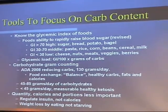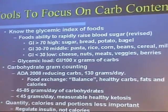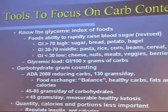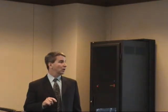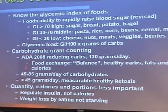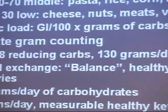And I look at it that they have a lot of pressure from all over the place in terms of coming up with nutritional guidelines. Now, in my office, I have the ability to go off what the official guidelines are. And so I think that it's good, it's going in the right direction, but it still needs a little bit more work. But then again, we break it down into 3 levels of carbohydrate restriction, and under 40 to 45